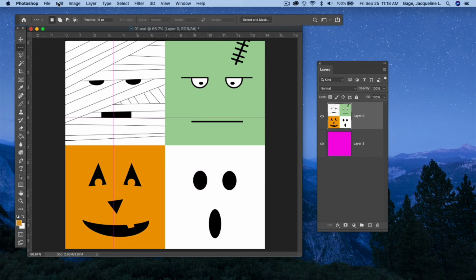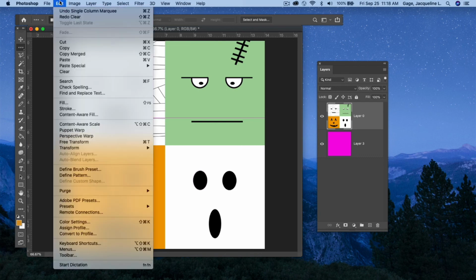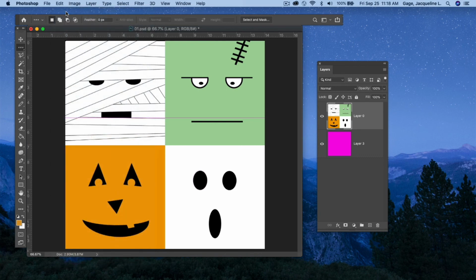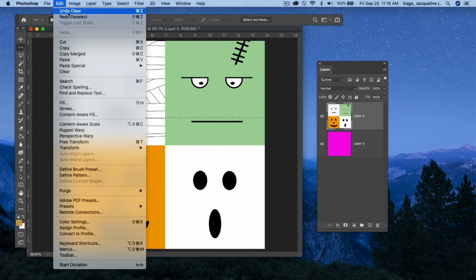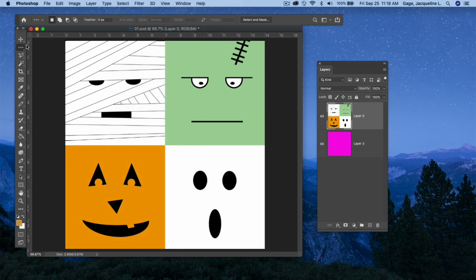Let me go back in time here a little bit by going edit, undo, undo, undo, one more time, undo, and undo. Okay, and deselect. All right, the next set of tools, you've got the lasso tool, you've got the polygon lasso